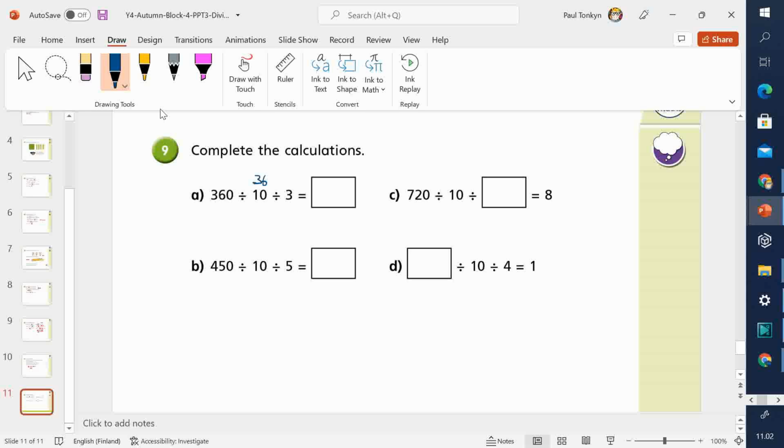36 divided by 3 is what? So there we have our answer, 12. Okay, we've done it step by step. Yeah. B,